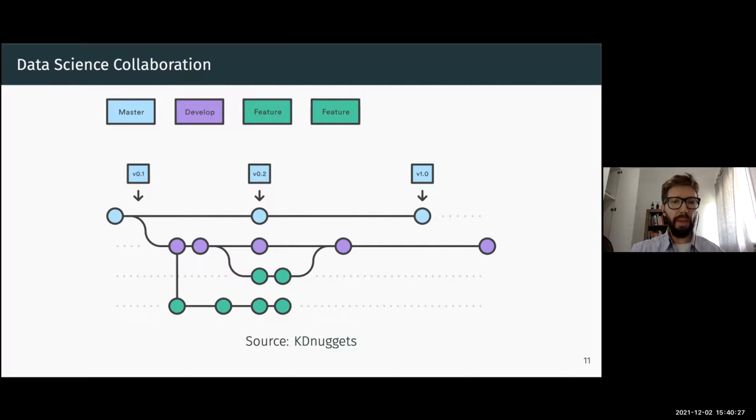So you have your main analysis done, but you have two or three people, or even more, collaborating and doing small steps, small progresses, and when you add everything together, with everyone working a little bit on different parts of the analysis, you can have something really meaningful at the end.